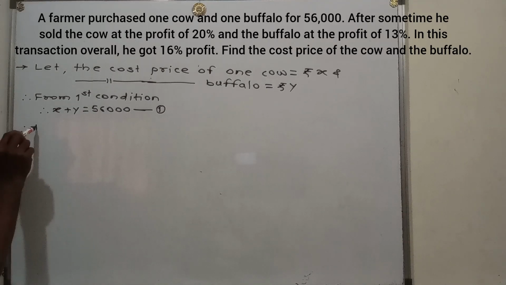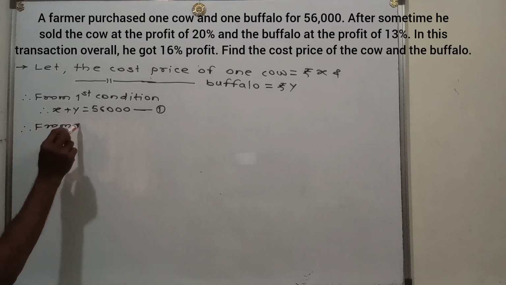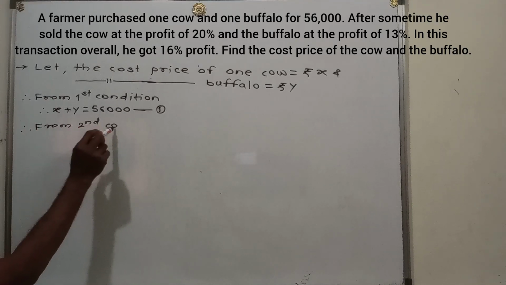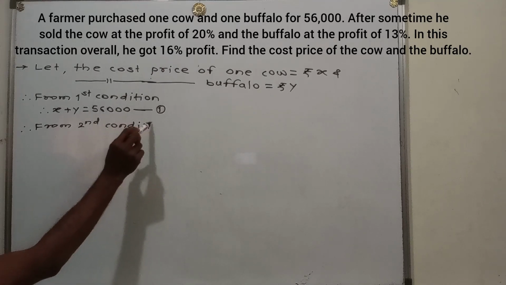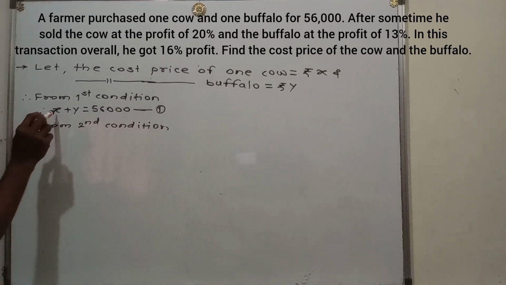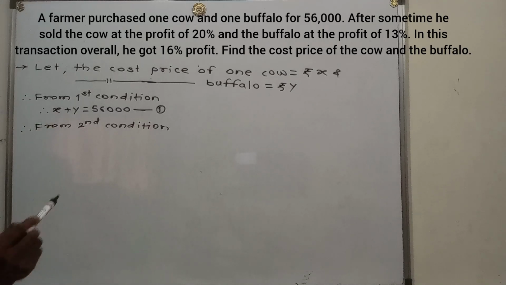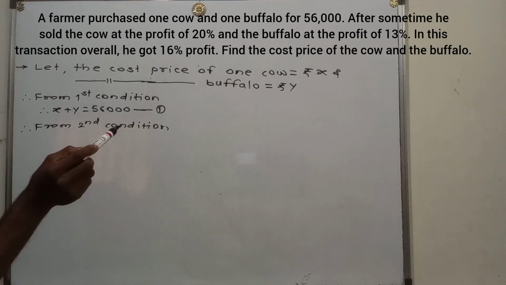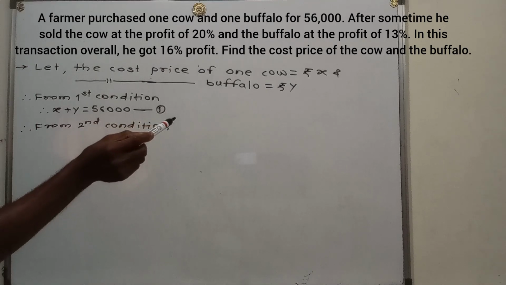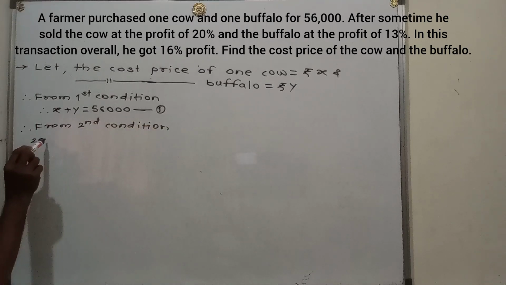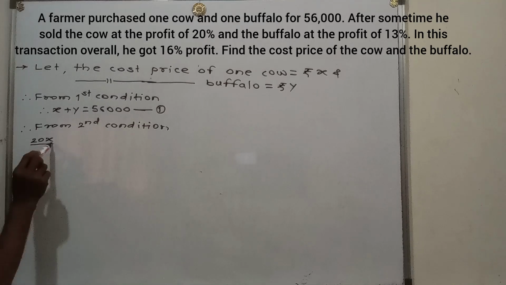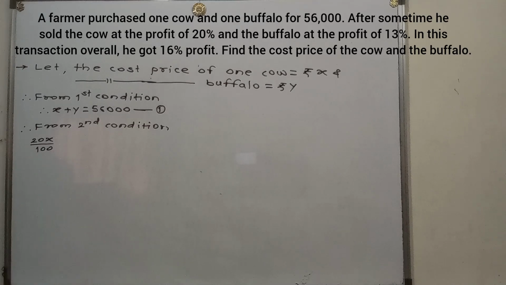Therefore, from the second condition. What is the second condition? 20% profit on the cost price of the cow. What is the cost price of the cow? Rupees X. So 20% of X means 20X upon 100. Did you get it? 20 upon 100 of rupees X